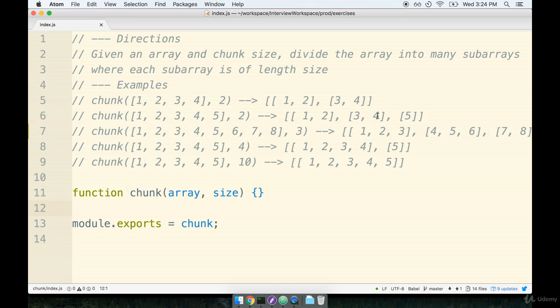Hopefully you had some success with the chunk problem. This is definitely a pretty challenging one, so if you ran into any issues, hey, don't sweat it. In this section, we're going to go through one possible solution to the chunk problem. Now there are two solutions that come to mind kind of easily when I think about this chunk problem. So we're going to look at one possible solution in this video, and then we'll look at another possible solution